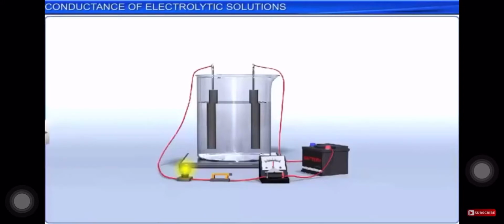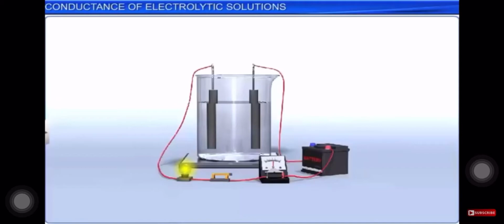Yes, students, so again back with our chemistry lecture, right? We are studying chapter number 3. Lastly, we have discussed electrochemical cell, Nernst equation, and Gibbs free energy of the reaction. Today, we are going to start our new topic, that is 3.4, conductance of electrolytic solution.